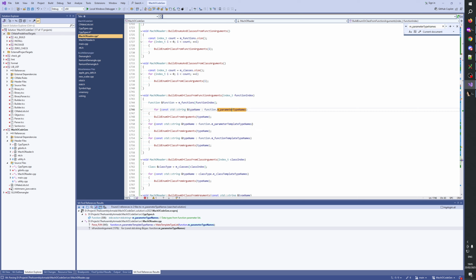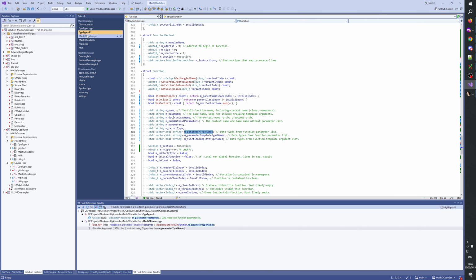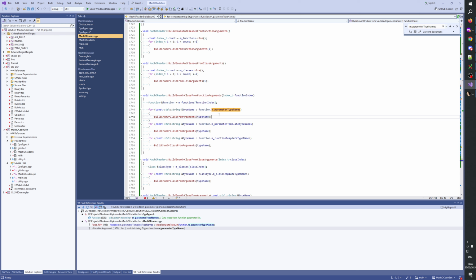Then parameter type names, parameter template type names, function template. Yeah. Okay, and then what we should probably do is